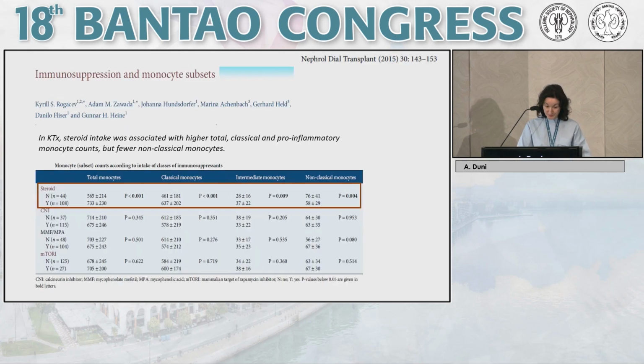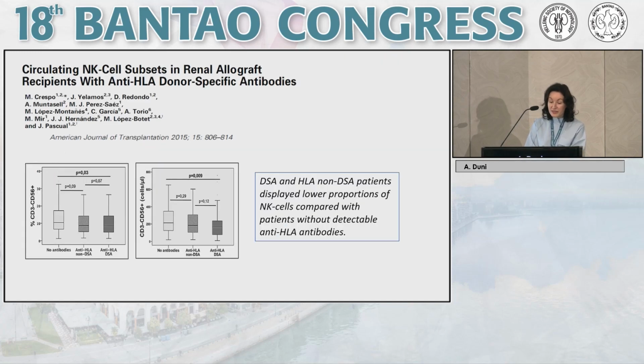clinical correlations. So far, there are very few data in the literature regarding monocyte subsets, so we know that they are affected in terms of immunosuppression only by steroid intake, which is associated with higher total classical and pro-inflammatory monocyte counts, but fewer non-classical monocytes. On the other hand, the cellular subsets of the acquired immune system have been studied mainly in terms of allograft rejection, thus lower levels of natural killer cells and subtypes have been observed in oversensitized patients, with positive donor-specific